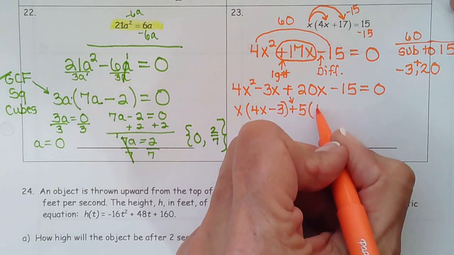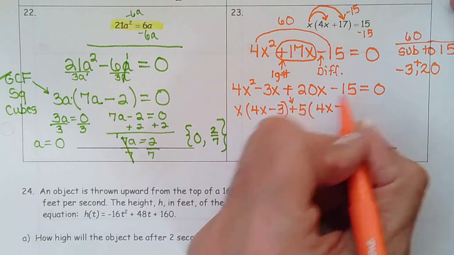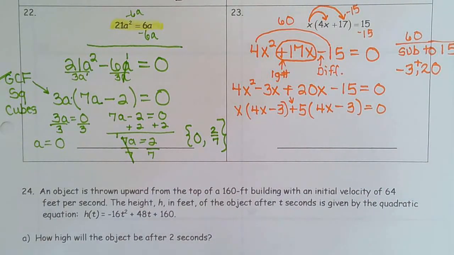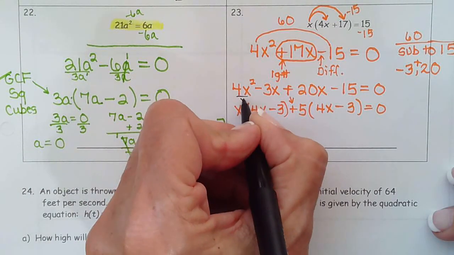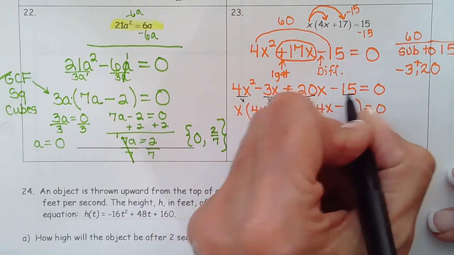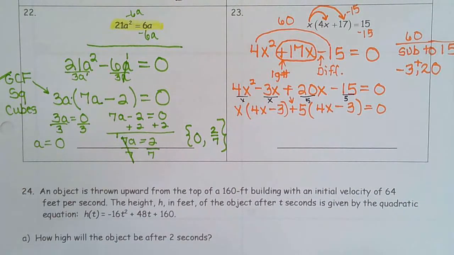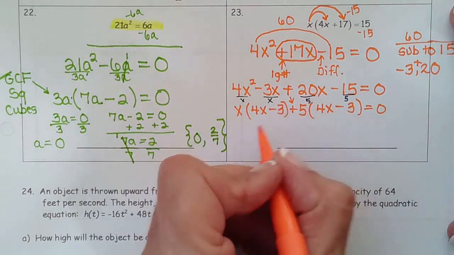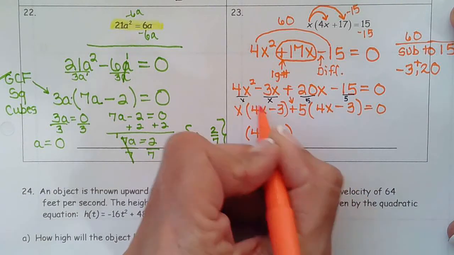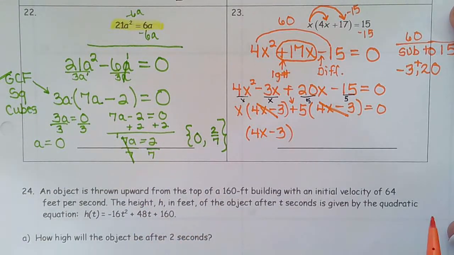So 20 divided by 5 is 4x. 15 divided by 5 is 3. And I could put those in. So x, divide by 5, divide by 5, just so you have your work there so you know where it came from. And the common binomial is 4x minus 3, so you pull that out. Remember, AC requires 3